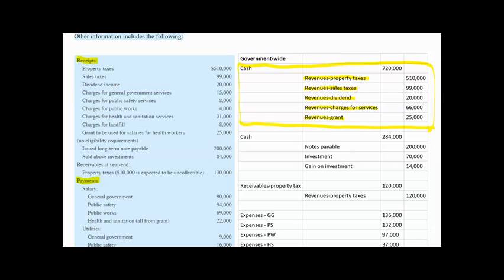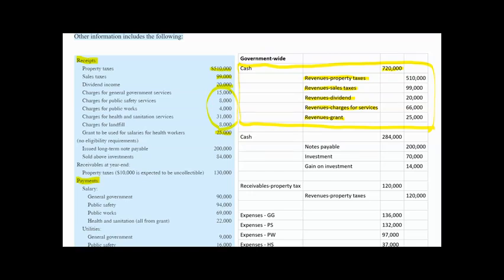Property tax receipt is 510,000, sales tax 99,000, dividend 20,000. As to the revenue from charges for service, I combine those charges for service together. In total, it is 66,000, and the last one is the revenue from grant, 25,000. The total cash from those revenues is 720,000. And the second journal entry is related to the